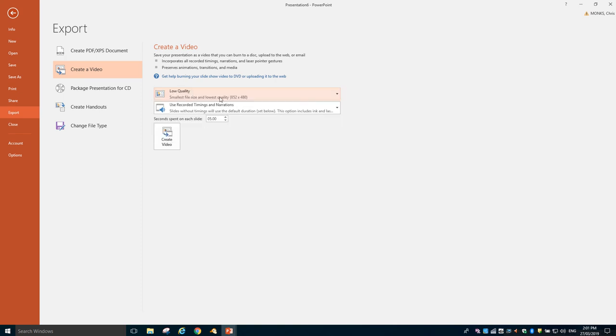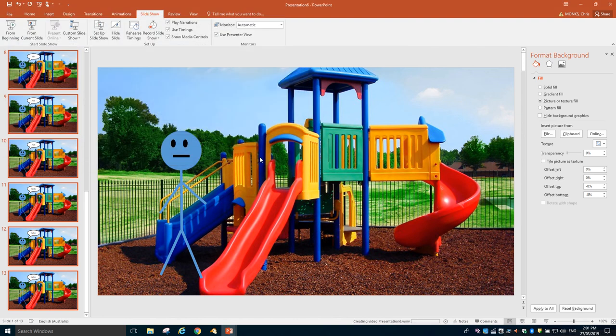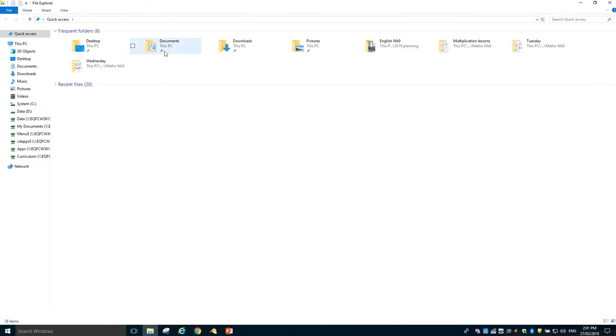We'll just save it as a low quality video. And then if I click on Create Video, and then I'm going to select to save it as a Windows Media video because the MPEG doesn't work very well. So if I save it as that, now if I go into my file,